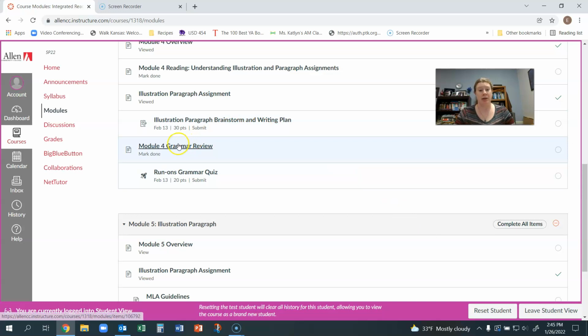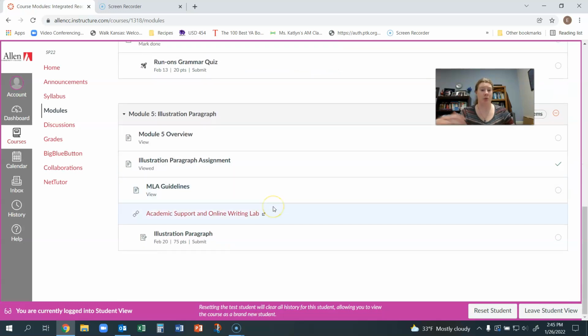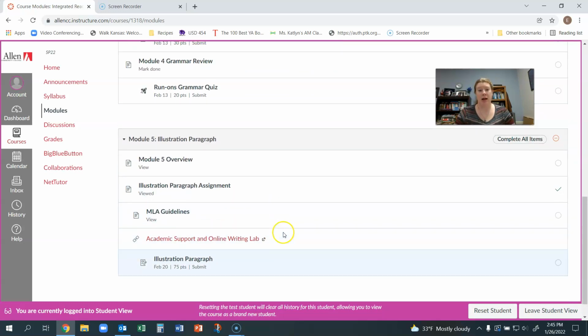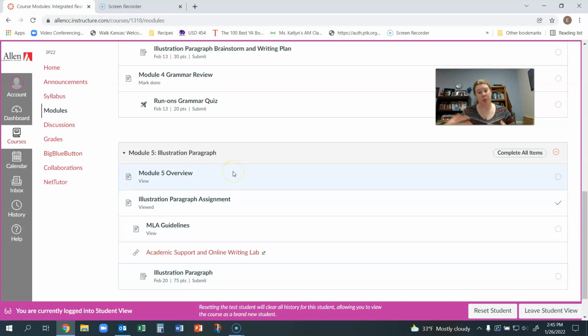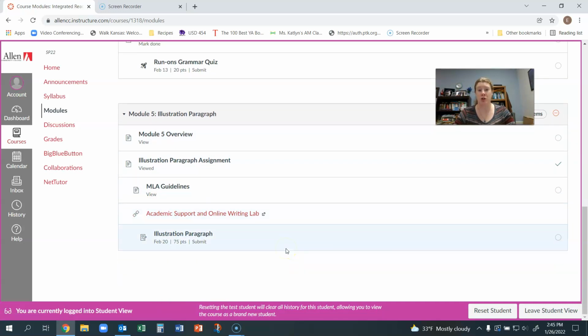So you submit that, and then the other thing to do in this module, of course, is the grammar review. We're doing run-on sentences. It's the companion to fragments, so we do that right after fragments. Then module 5, which will open up right as module 4 is ending, is to actually submit the illustration paragraph. And that is the only thing you are doing in this module,